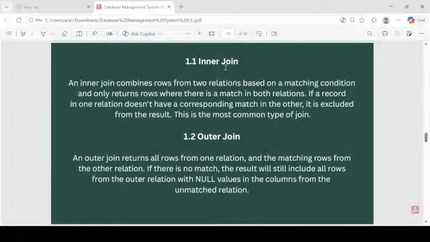We have inner join and outer join. The inner join basically returns only matching rows from both tables. It returns, again I repeat, matching rows from both tables. So inner join combines rows from two relations based on a matching condition and only returns rows